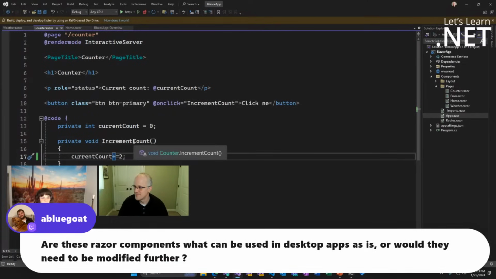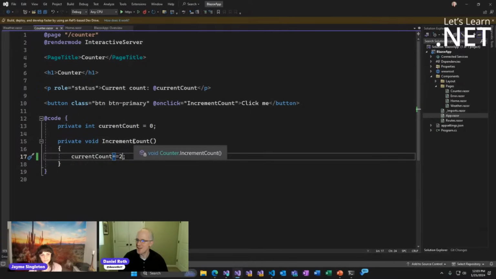And then next question, are these Razor components what can be used in desktop apps as is, or would they need to be modified further? Every component in this app that you just saw could be used as is in a Blazor hybrid app, where this is the pattern where you can take Blazor components and embed them into a native mobile or desktop application. What happens is they render to a local web view control within that app. So yeah, everything you saw here would work just fine within a